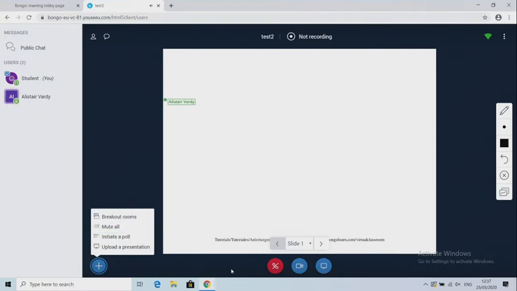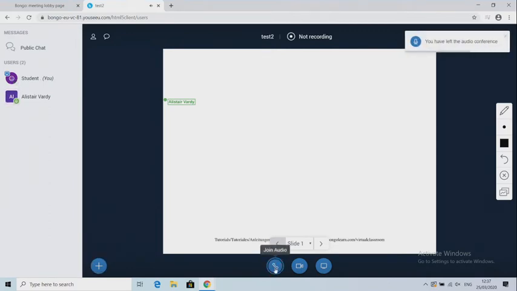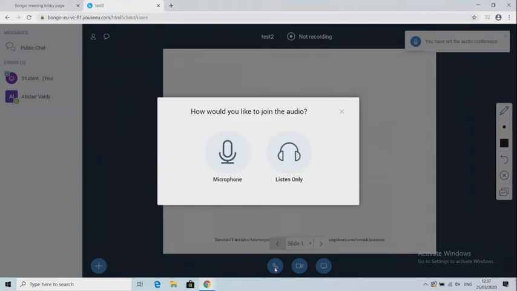Now, this student entered the meeting as a listener only and has been given all these tools and access to the presentation, but cannot say anything because he or she entered as a listener. Now, we have the option here to leave audio. If we then join audio again, Brightspace will give us the option to select a microphone. It will go through the echo test and also ask you if